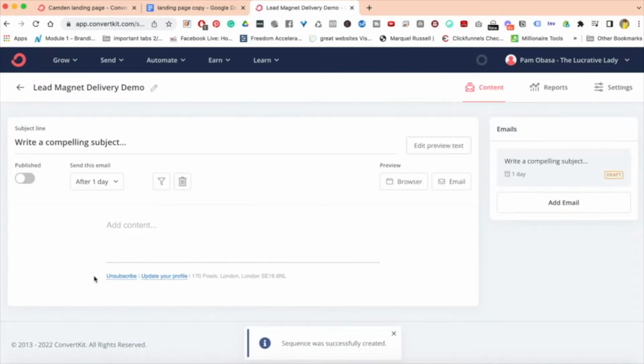Once you've done that, you now have this blank template to work from. The first thing you want to do is to add your headline. So I tend to begin with,